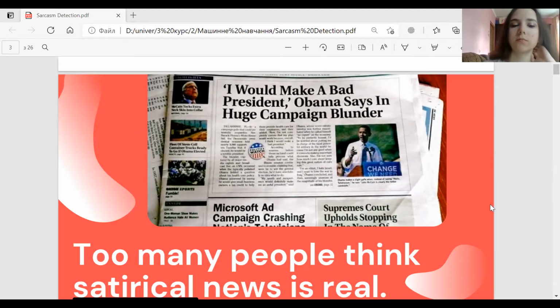Newspapers often seem to employ sarcasm in their headlines to grab the reader's attention. And too many people think sarcastic news is real. However, more often than not, the readers find it difficult to detect the irony in the headlines. So they get the wrong idea about the particular news and further pass on their understanding to their friends and colleagues. So detecting sarcasm is difficult for humans, not alone computers. Such a system that can automatically and reliably detect sarcasm is more critical now than ever.